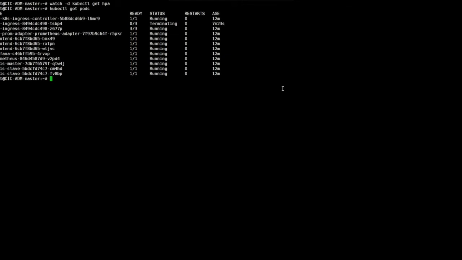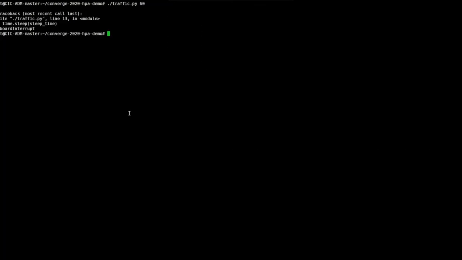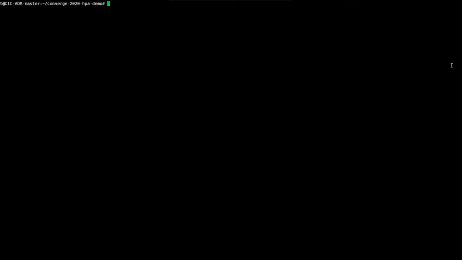Okay, so this is how we use custom metrics from CPX. If you want to look at other metrics present, we can quickly go through that. Yeah, so as you can see, there are so many metrics, but we were using the Citrix ADC request rate here. You can use any one of them. We will visit this in our last slide.